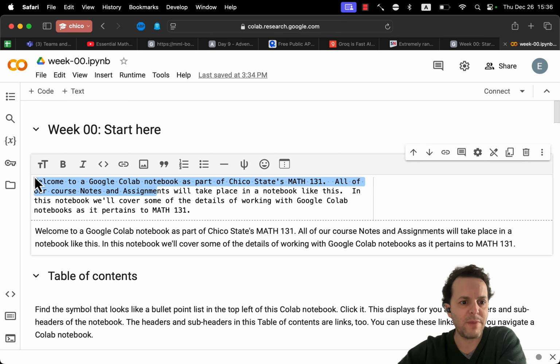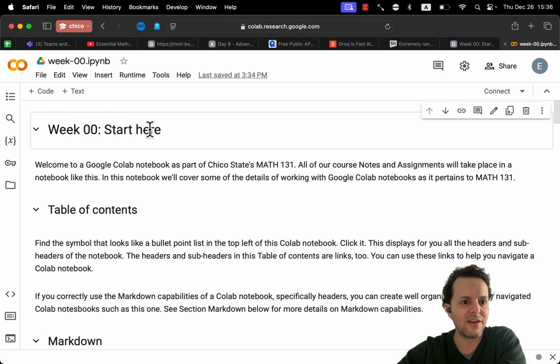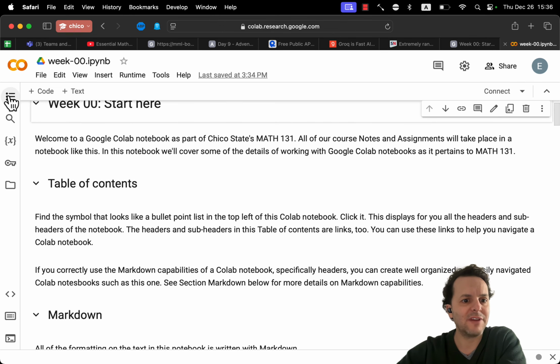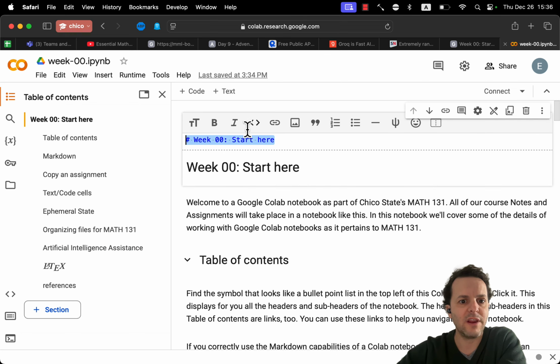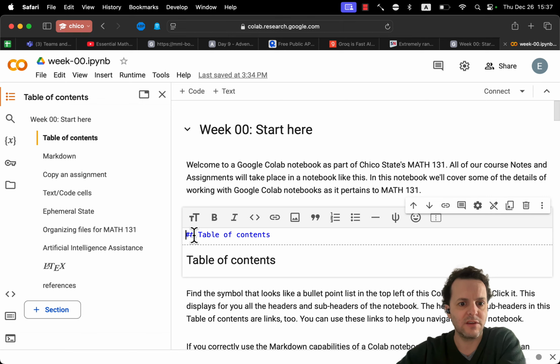Some text shows up in paragraph form, some text shows up as headers, some text shows up as subheaders. In fact, to help us navigate the document, we can use those headers, like week 0 here, and the subheaders. The headers are created with a hashtag before whatever words you want, and that will make the words a little bit bigger and a little bit more bold. Subheaders show up as double hashtags. Effectively, the more hashtags you use, the more layers down in the header sections you'll get. So if you were to use 3 hashtags,